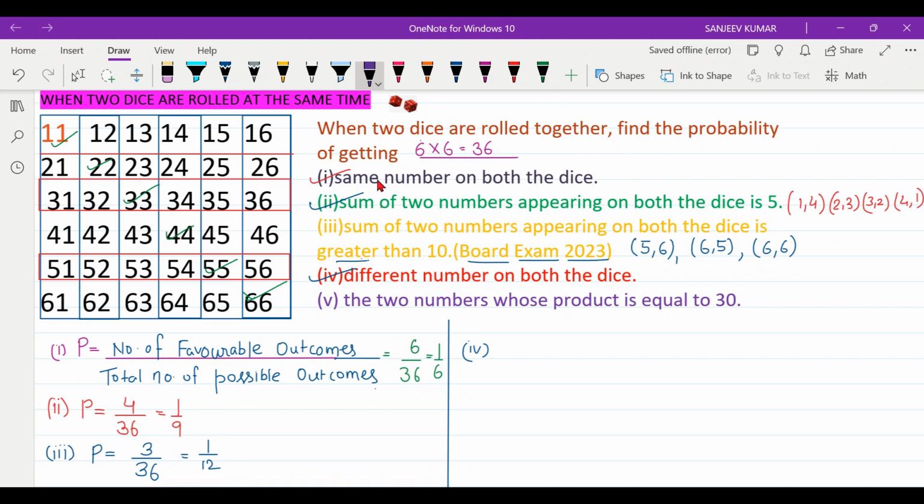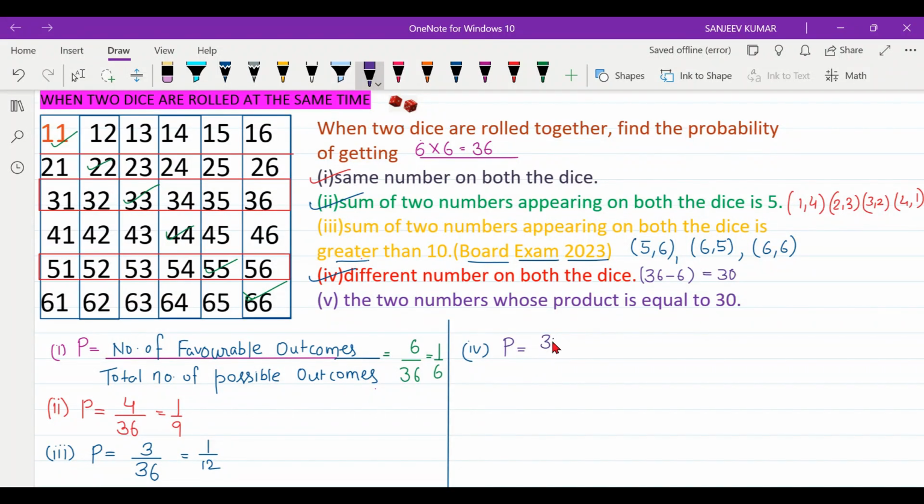That means other than the same numbers, all numbers will be different. So the total number is 36, correct. Total possibility is 36, and 6 is the combination of same numbers. So the remaining will be the combinations of different numbers. So that is 30. So in this case, probability P is equal to the total number of favorable outcomes, which will be